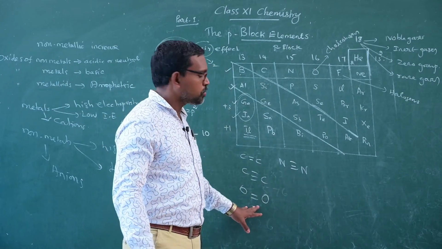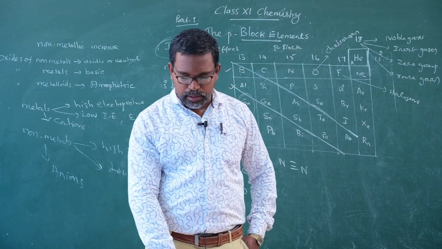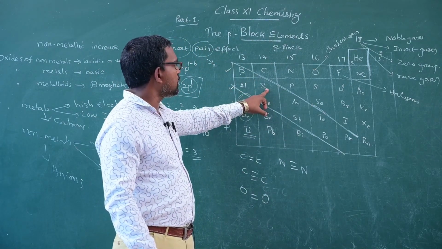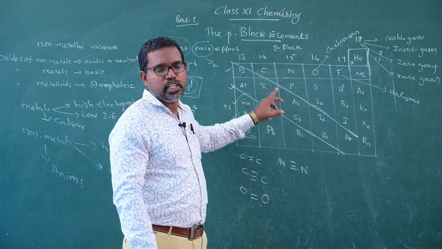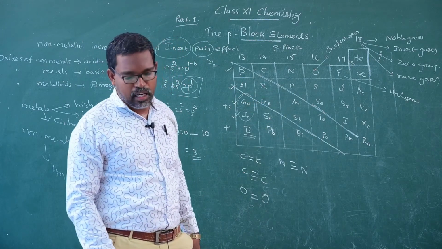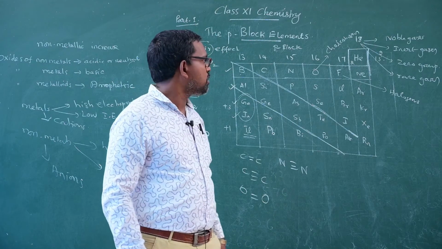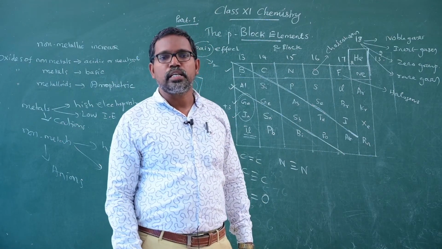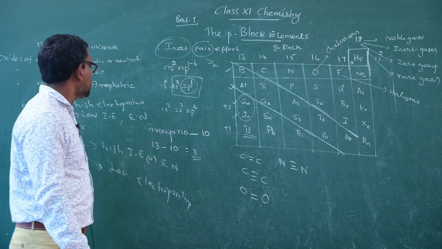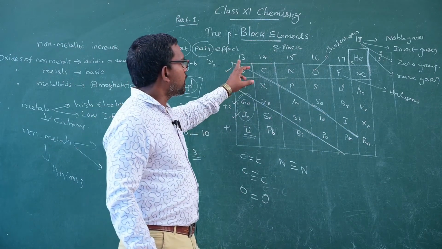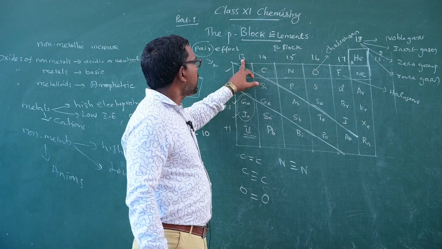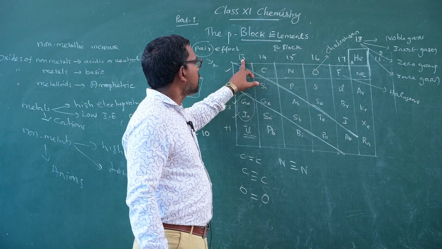And the first member of group 13 is diagonally related with the group 14 element silicon. This boron and silicon show the diagonal relationship. So in this part we discussed some of the general characteristic properties of the p block elements. I conclude this topic by once again reviewing some parts of this video.